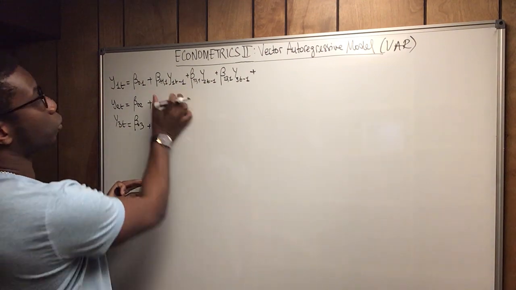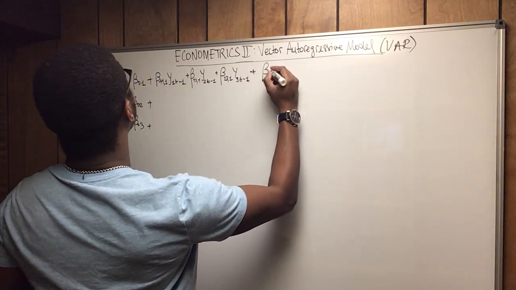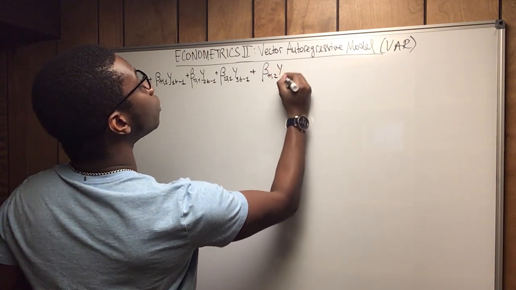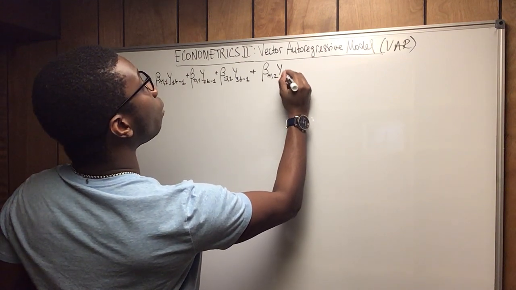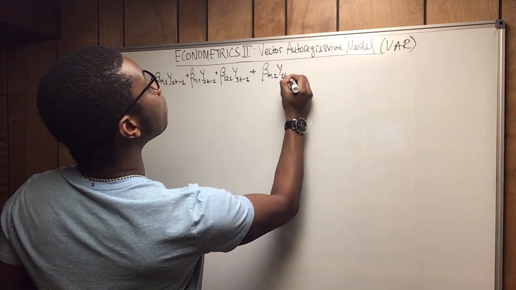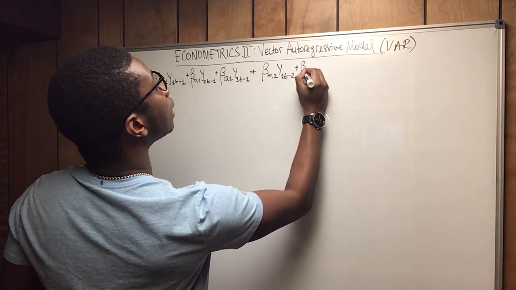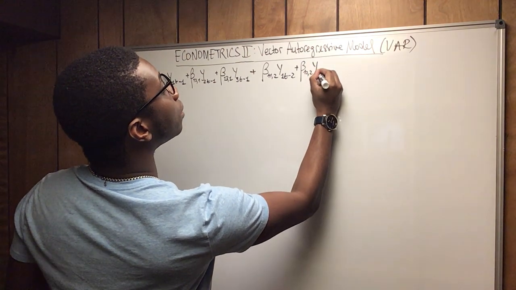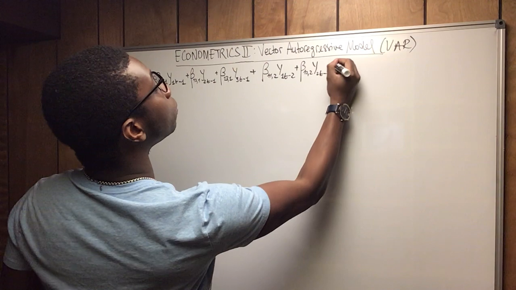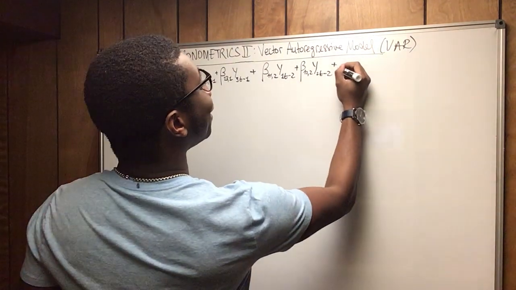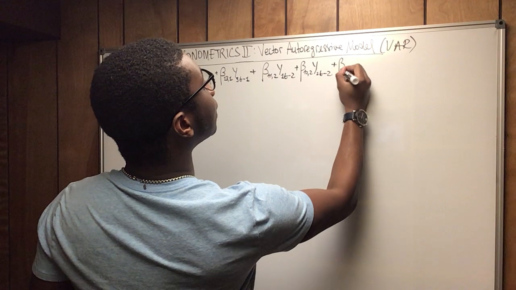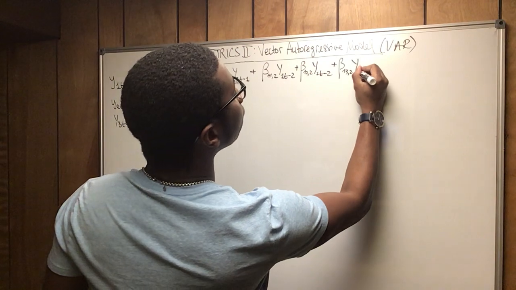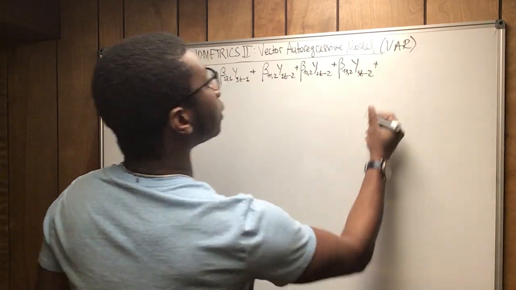We're now moving to the second one. So we're just writing the same here, beta 11 comma 2 times y1t minus 2 plus beta 12 comma 2 times y2t minus 2. I have to make sure I don't get confused myself. And then beta 13 comma 2 times y3t minus 2 plus,